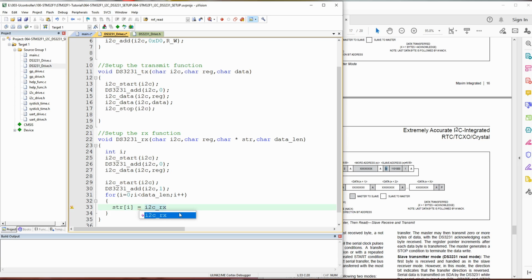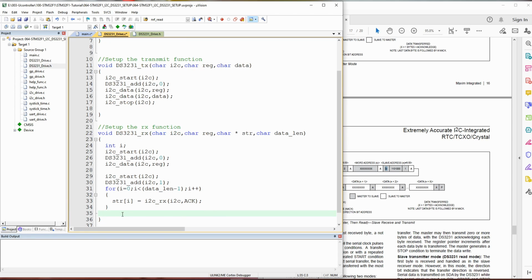So we are going to receive, and we put as normal I2C and putting the acknowledge. So each time for this loop we keep acknowledging. This is before the last one, because the last one, when we reach it,